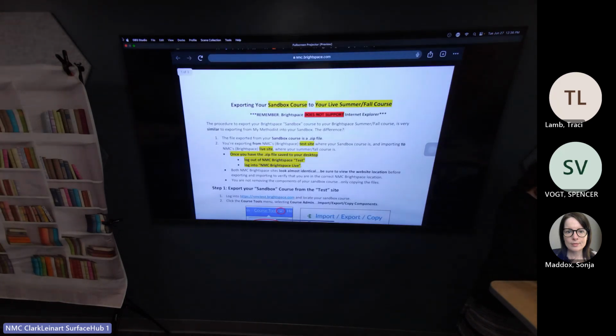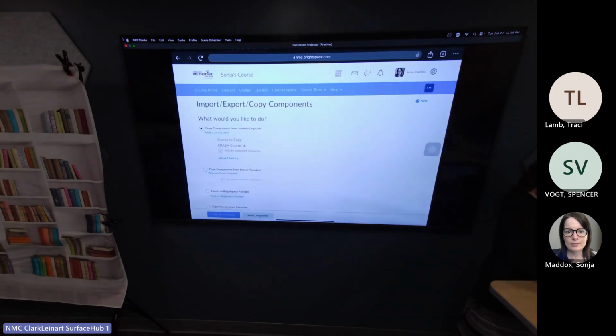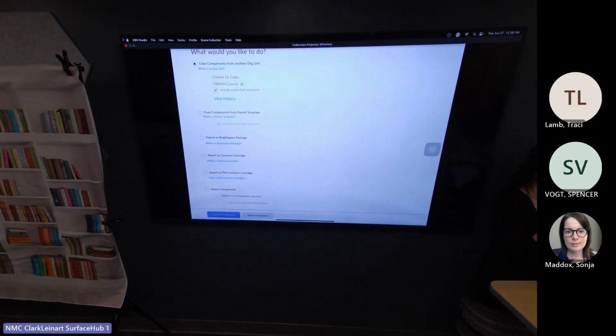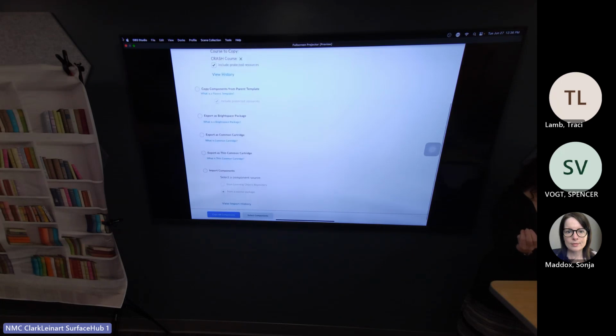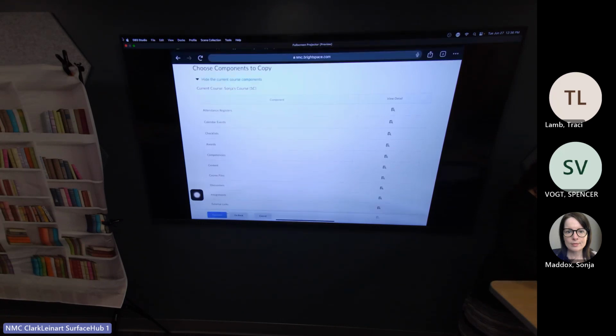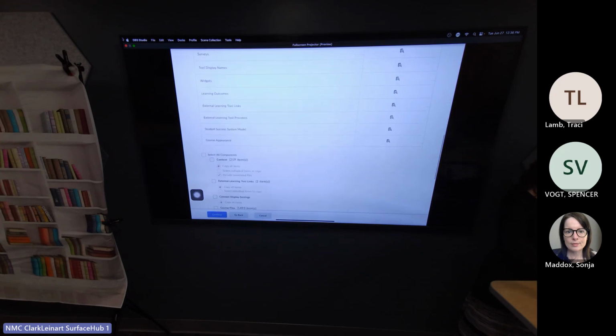But again, this is something that we would do probably after we've set everything up, correct? This is how you would pull things in as you're building, if you want to recycle content from something else. Yes. So let's say I want to pull something out of this crash course, but I don't want everything. I want this one down here. I want to do select components. So then on the next screen, that's where I get to choose exactly what I want.